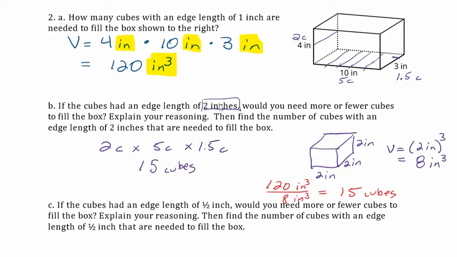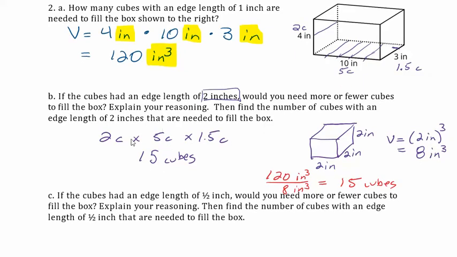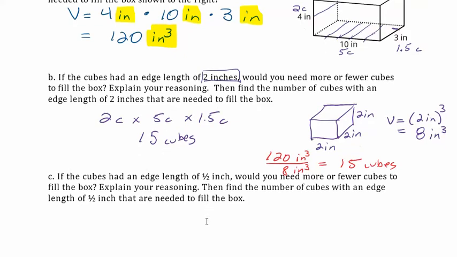Now if you didn't get part C, maybe looking at how I did the 2 different ways to do part B, and there might be other ways as well. If you didn't get C, pause the video and try that. Alright, so we could do C in a similar way, these 2 different ways. If the cubes had an edge length of a half,